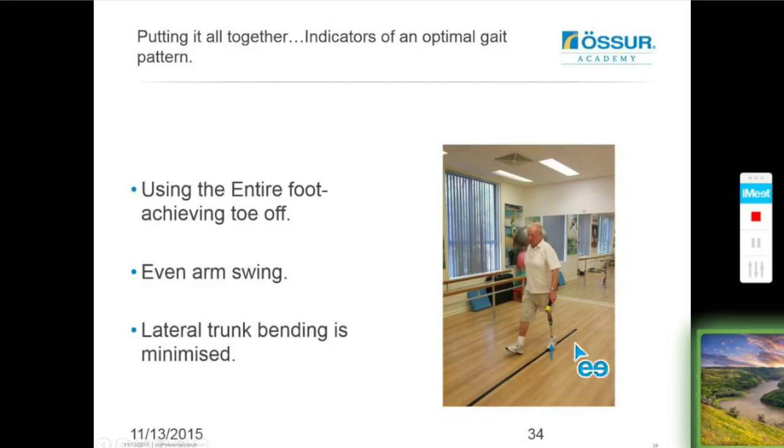We're looking for the ability to use the entire prosthetic foot. So we want heel strike at the beginning of prosthetic stance and right to toe off, the very end of the prosthetic foot, a toe off at the end of prosthetic stance with a nice extended hip above it so that we can take a good size step with the intact leg. We've got an even arm swing happening, and hopefully lateral trunk bending will also be minimised,